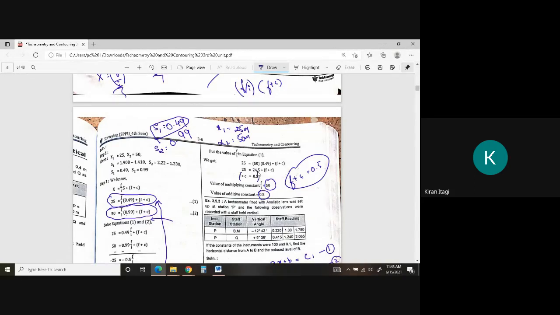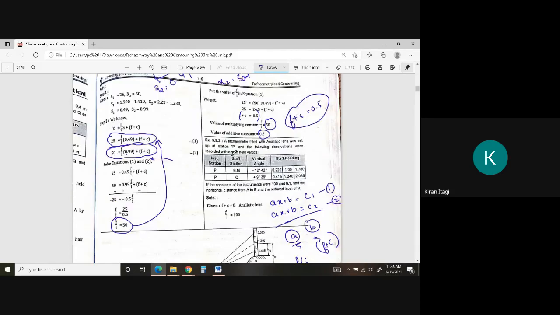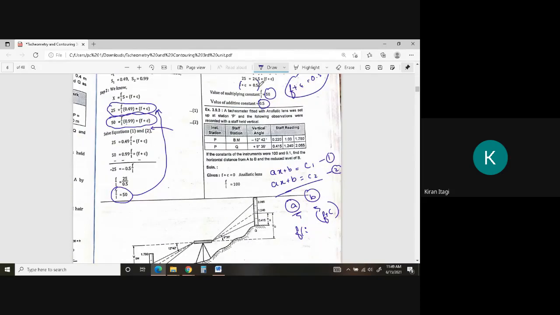So this is another type of numerical. All numericals are the same, not that complicated. The only thing is that we have to remember the formula for different conditions. Anybody having doubt in the second numerical? No, sir. Okay, so we will go for the third one.